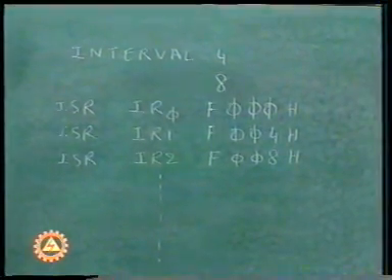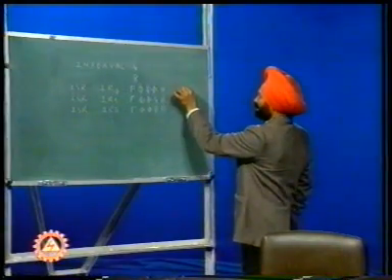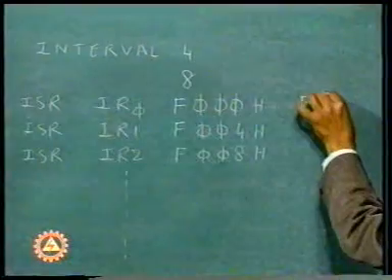But if we use the interval of 8, then the addresses can be F000H,